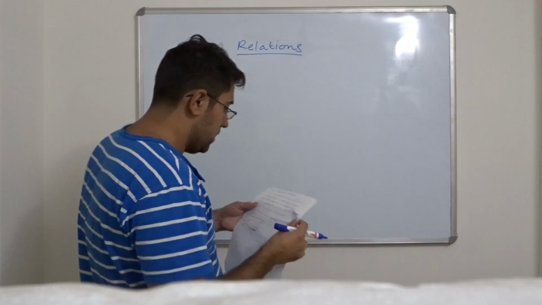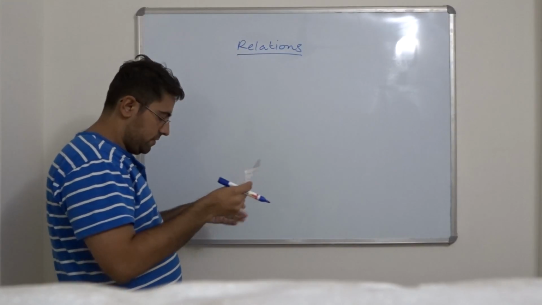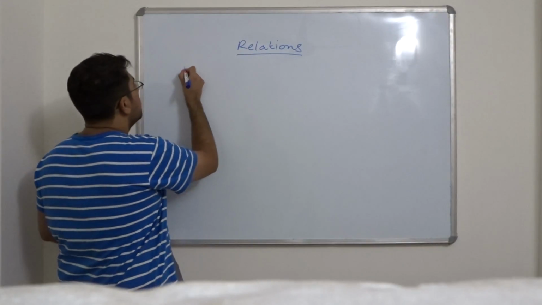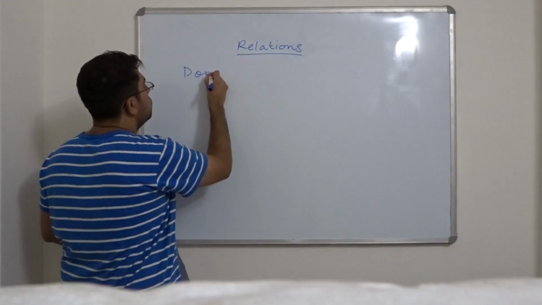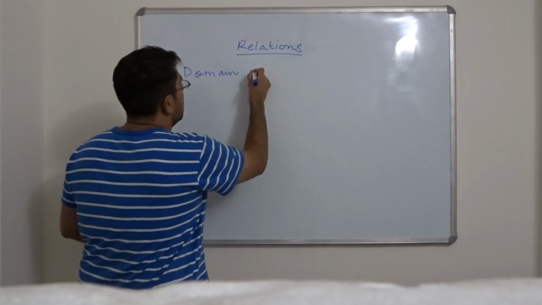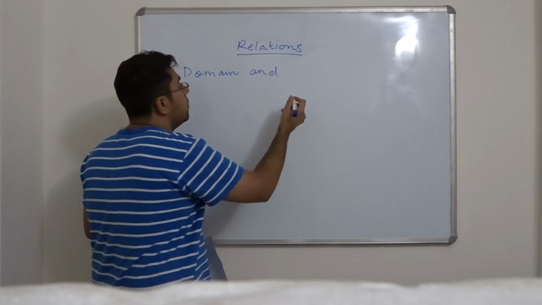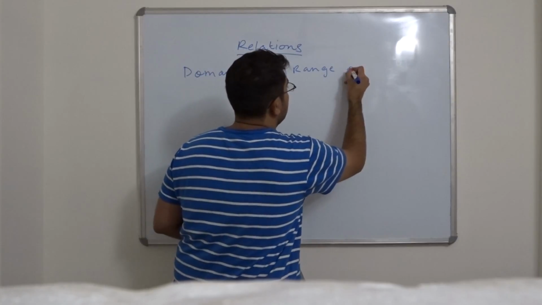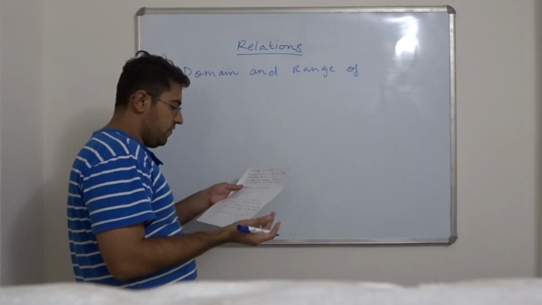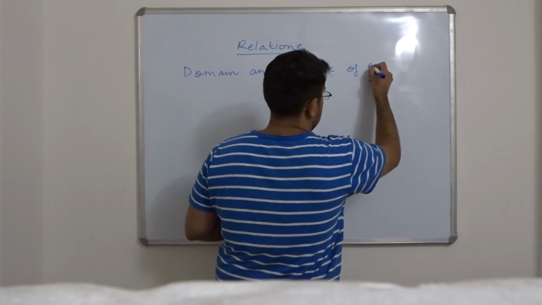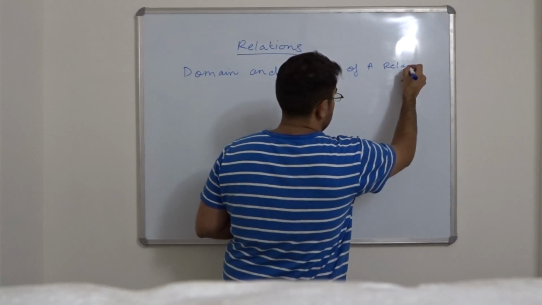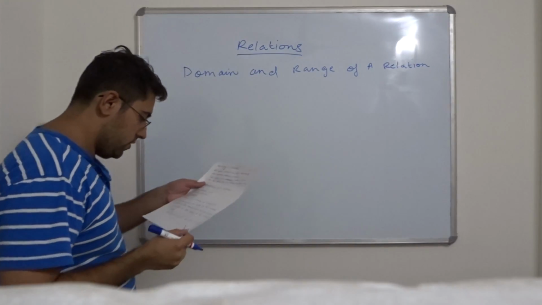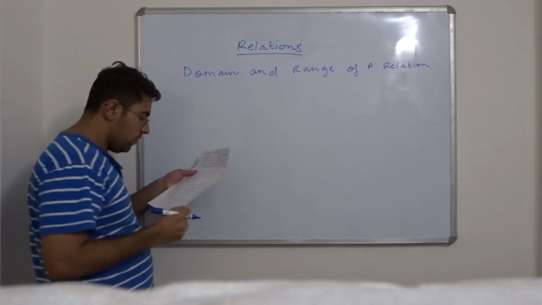So now there are two things left, guys. That's the domain and range of a relation and the inverse of a relation. So the domain and range of a relation. Okay? So the set of all x values